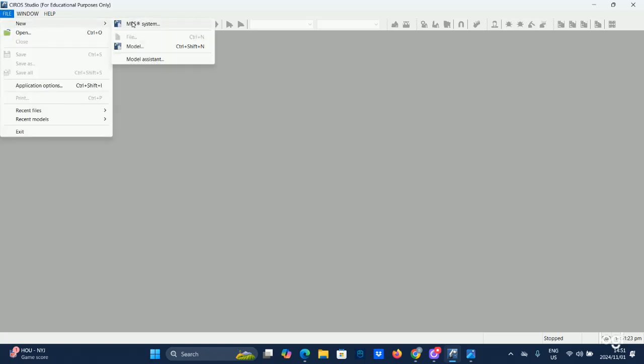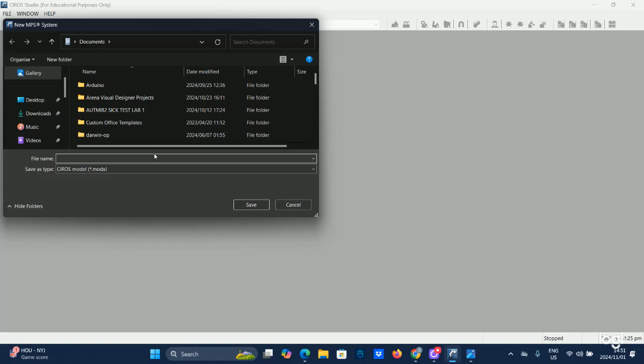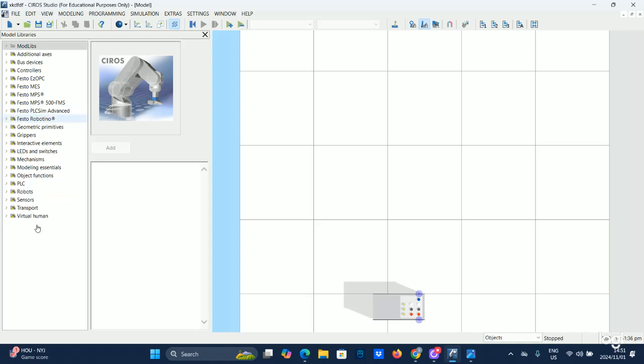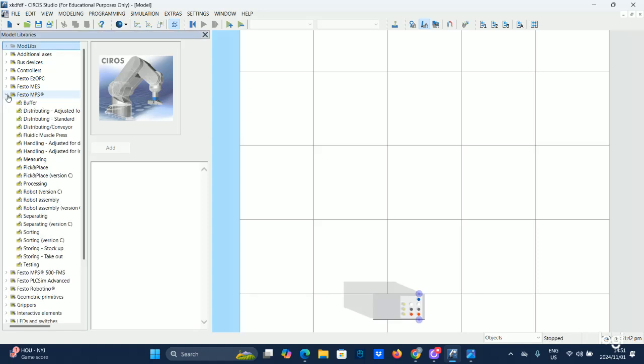Then you go to File, then New, and select MPS Station. Here you save the file as whatever you want. It's going to load, and after it loads, you get modeling libraries on the side. From there, you go to Festo MPS, drop down, and select robot